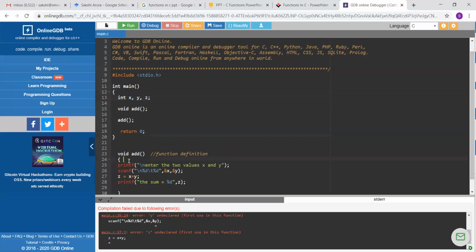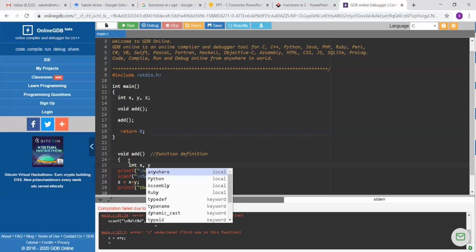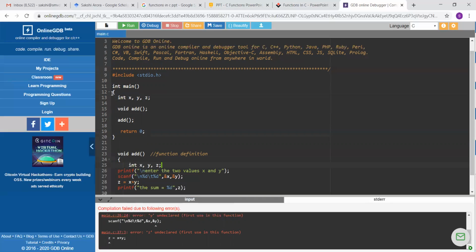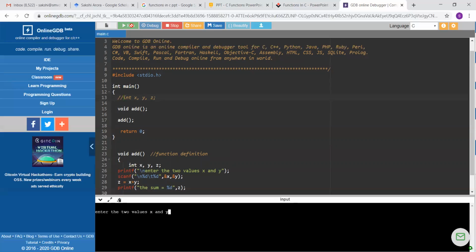So what you can do is, instead, if we declare x, y, and z here in this function itself, and now try to run it, your program is going to run absolutely okay. See, now what happens? It declares a function add, it calls that function. Once this function is called, the control immediately jumps outside the main to this function. Here we have declared 3 integer variables, x, y, and z. It declares, the compiler declares the 3 variables.